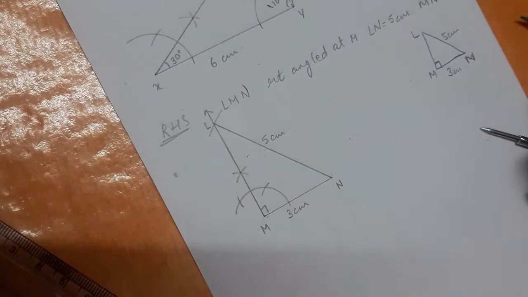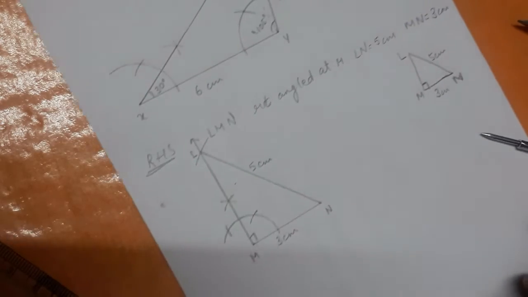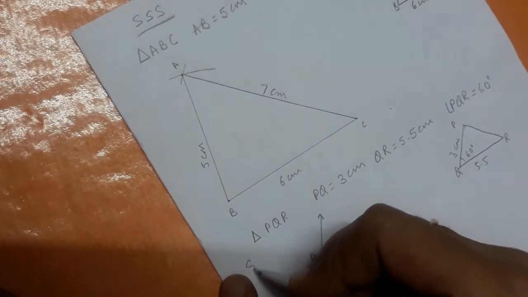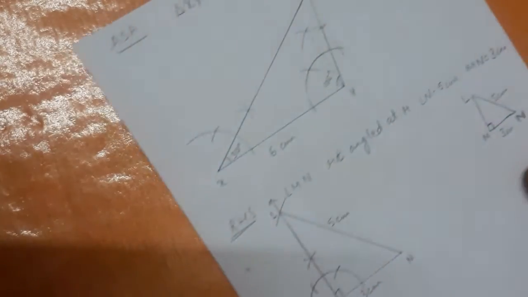Similarly, you may also be asked to draw a line parallel to a given line at a given point, and you may also be asked how to draw a line perpendicular to a given line from a point outside it. All these you may also be required to draw. That we will discuss in another video. Right now we have just learned to construct triangles with the SSS criterion, SAS criterion, ASA criterion as well as RHS criterion.